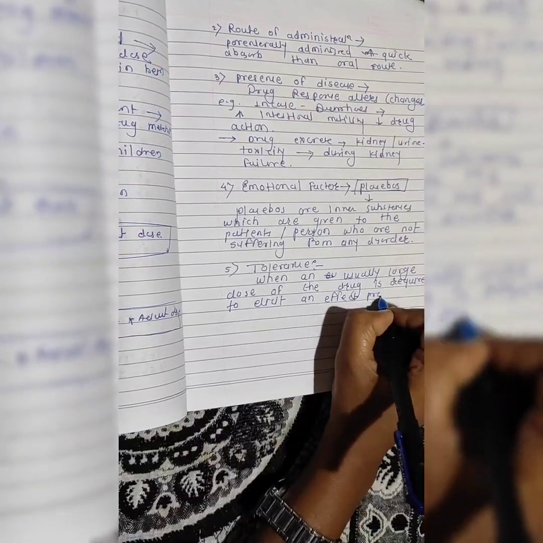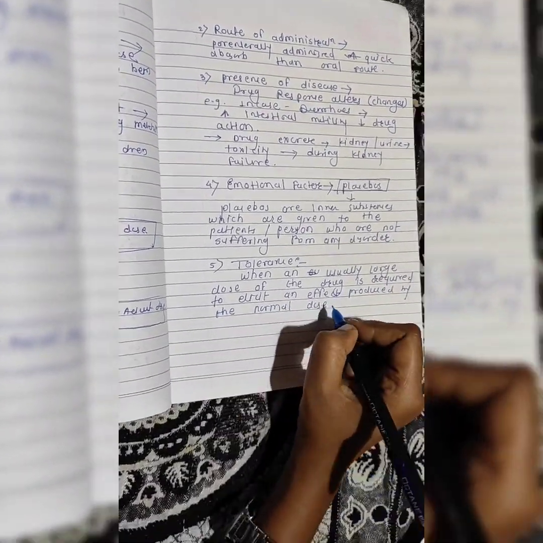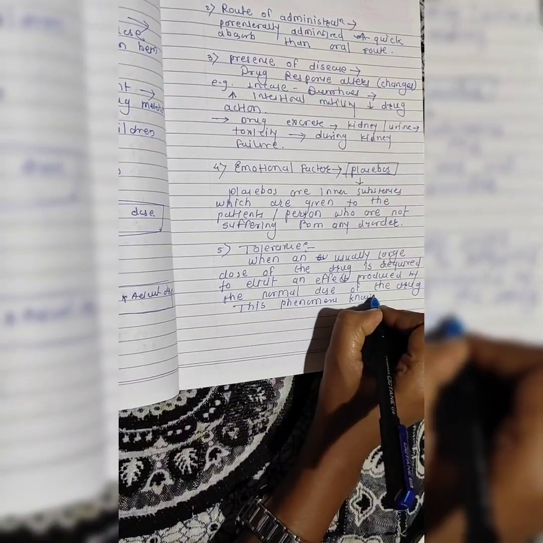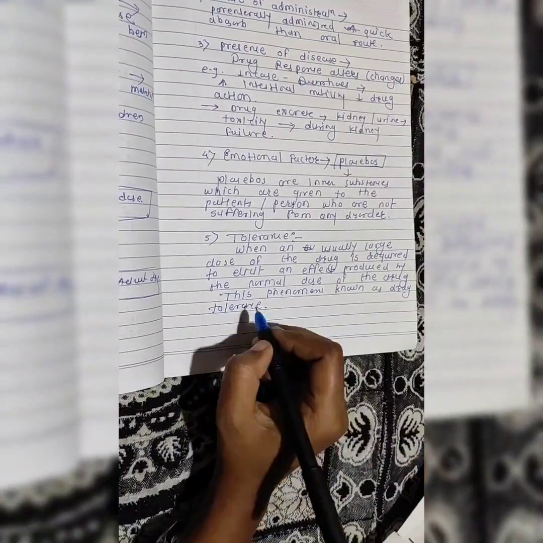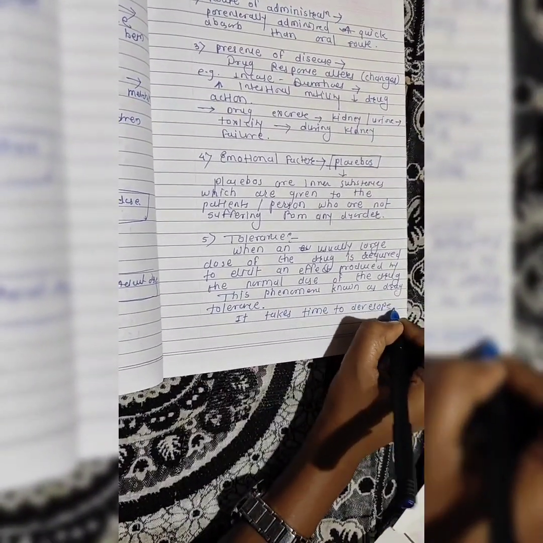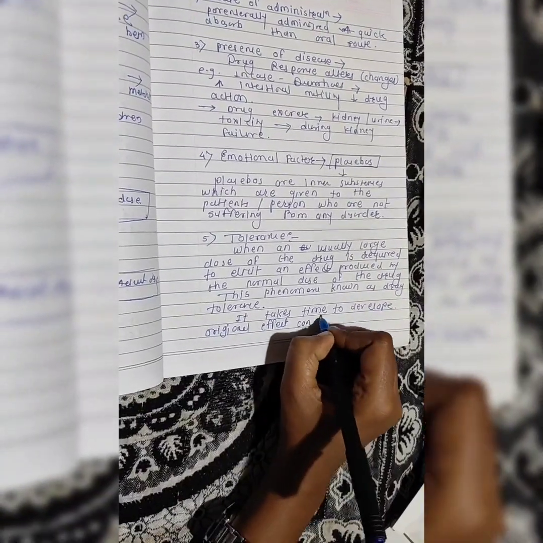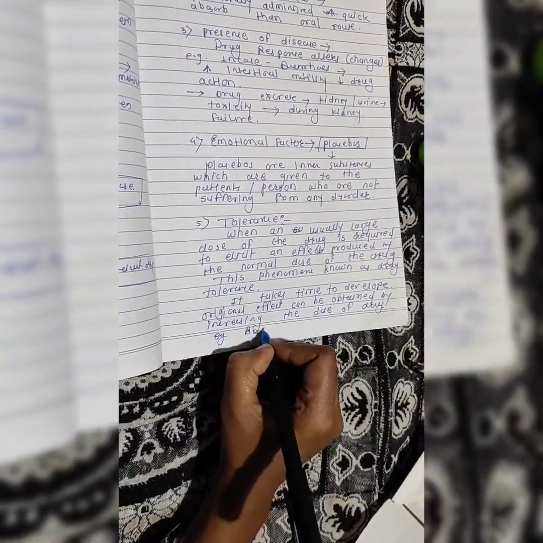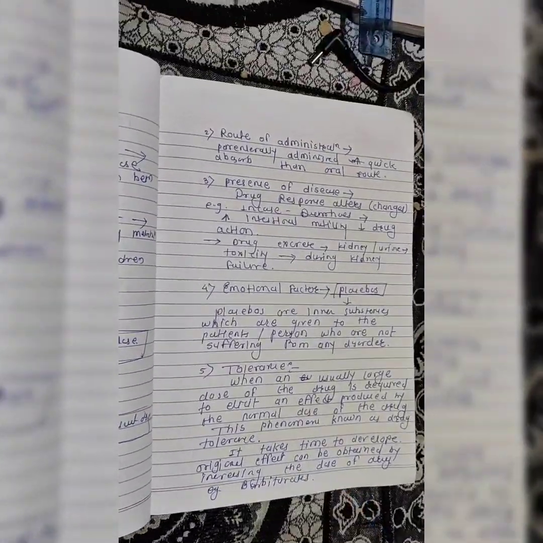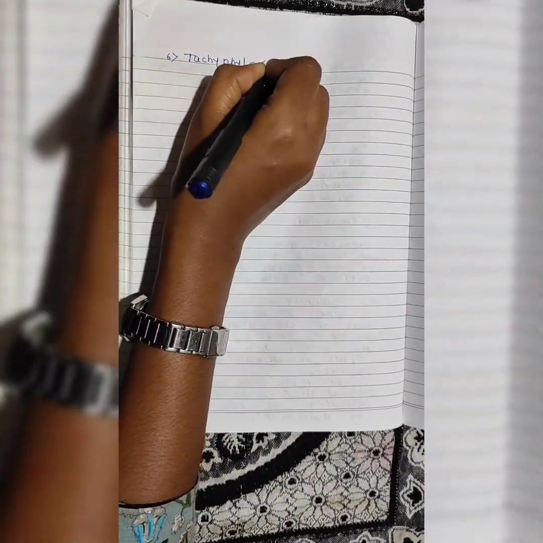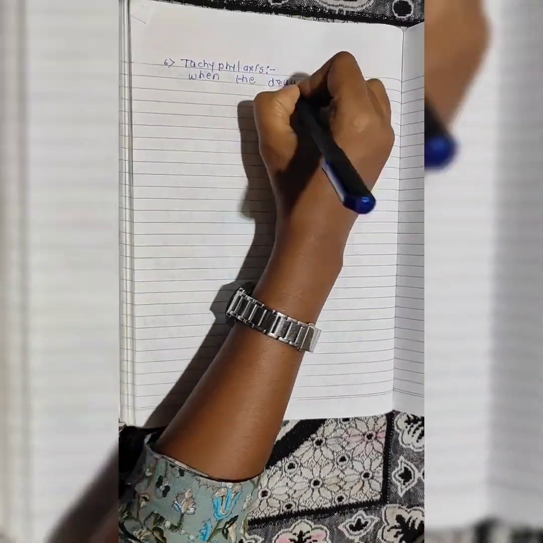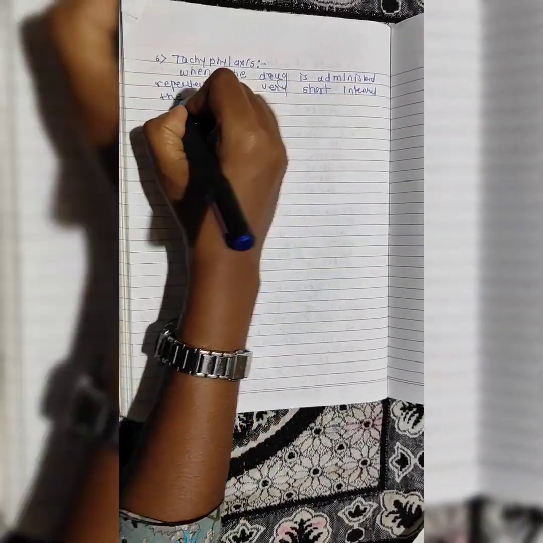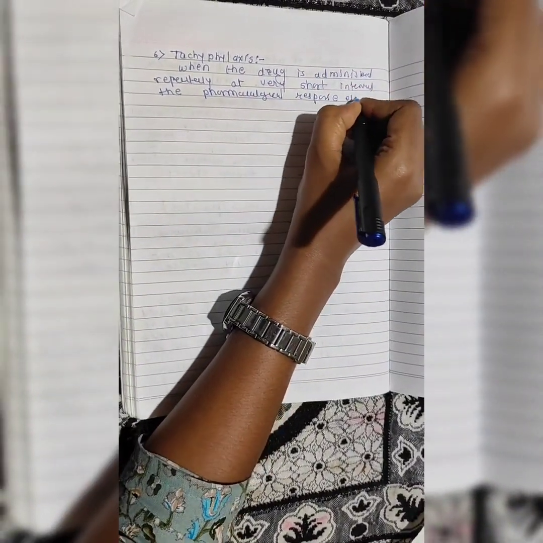Then emotional factors. Placebos are inert substances which are given to patients or persons who are not suffering from any disorder. Tolerance. When an unusually large dose of the drug is required to elicit an effect produced by the normal dose of the drug, this phenomenon is known as drug tolerance. It takes time to develop and the original effect can be obtained by increasing the dose of the drug,